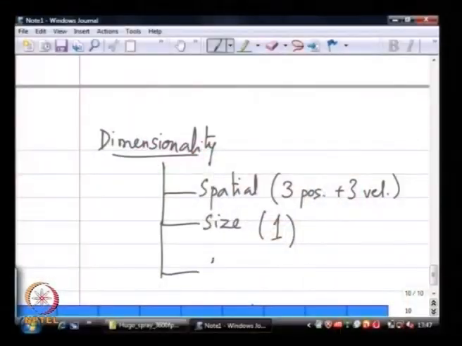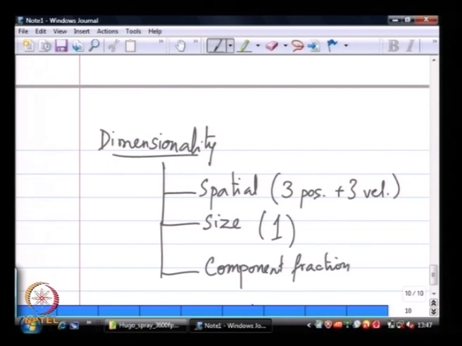So, if I want to understand what is inside this drop, some drops could have more of the heavier component, some drops could have more of the thinner, or less viscous, component. So, I have now introduced another dimension,